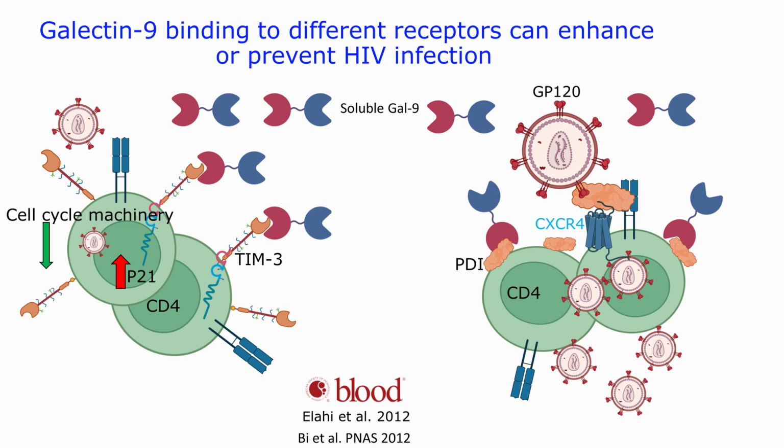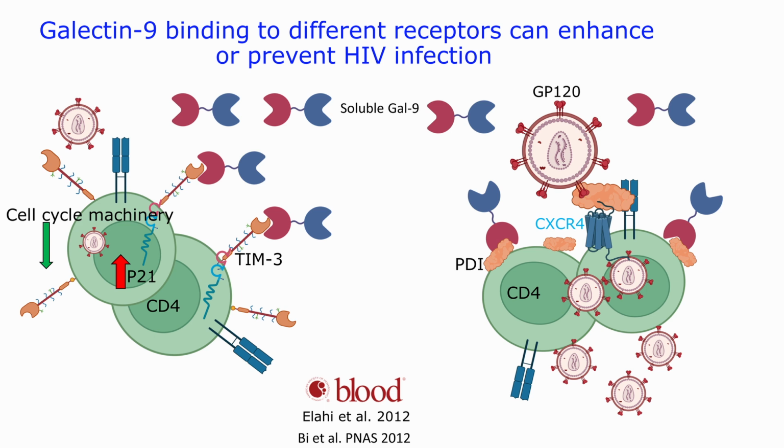So what happens is that galectin-9 interacts with PDI, and it retains PDI on the surface of the cell. This retention results in the interaction of PDI with CD4, which is the main receptor for HIV, and also CXCR4, which is a co-receptor for HIV. And then it interacts with GP120 of the virus, and it hijacks the virus and brings it inside the cells. So as you can see, how complex it is. One galectin, one cell type, depending on the status of the cells, have completely opposing effects.